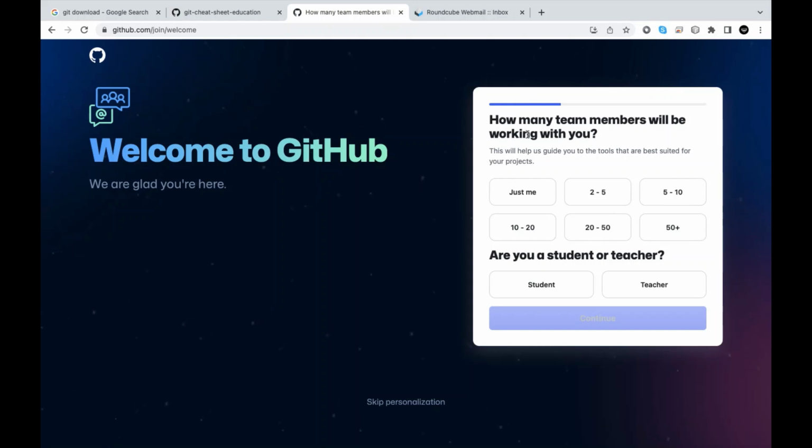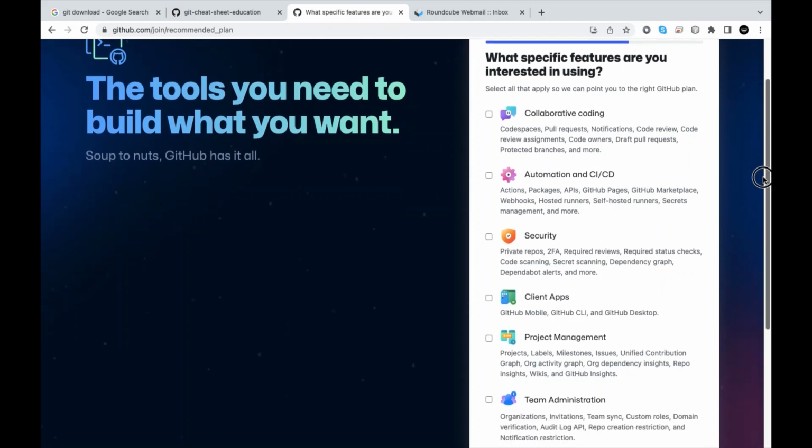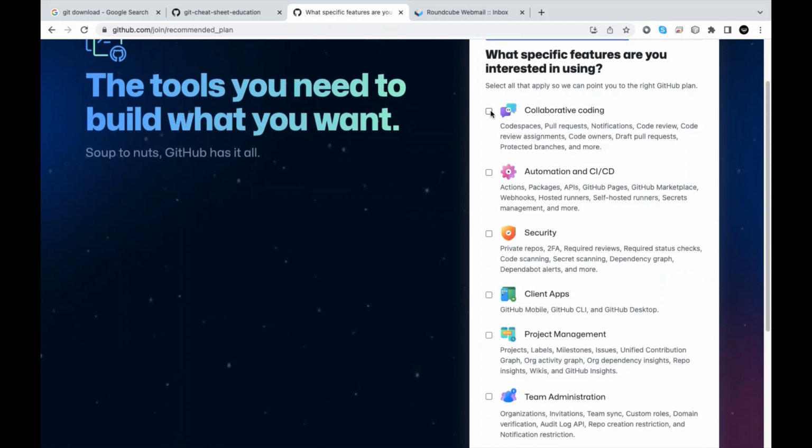So here, how many team members will be working on this? Let's just say 2 to 5. Are you a student or a teacher? Let's say teacher, and let's continue. And let's see what we can have here. Obviously, we can select a few collaborative code,